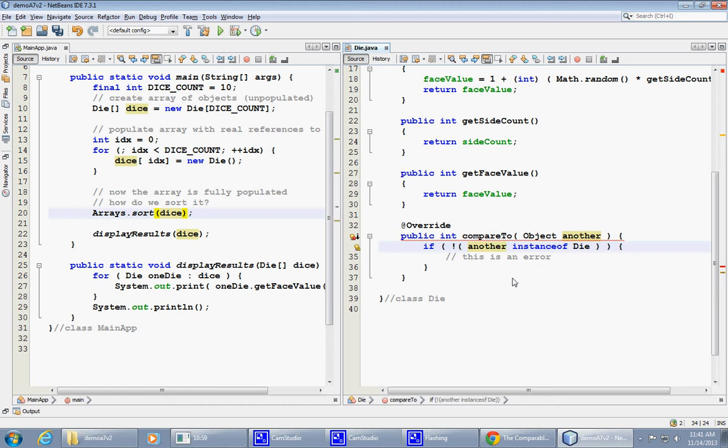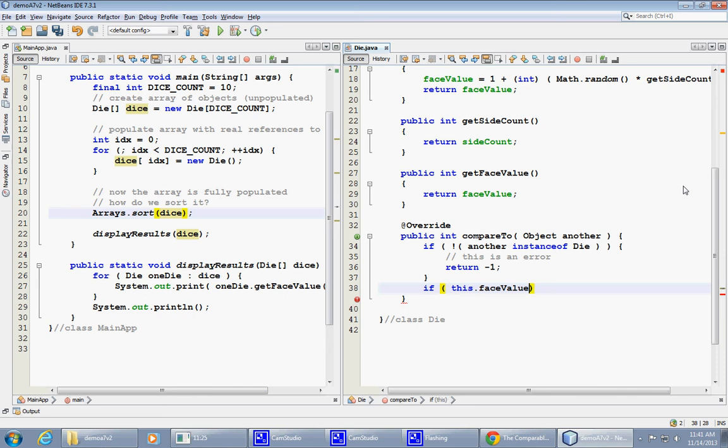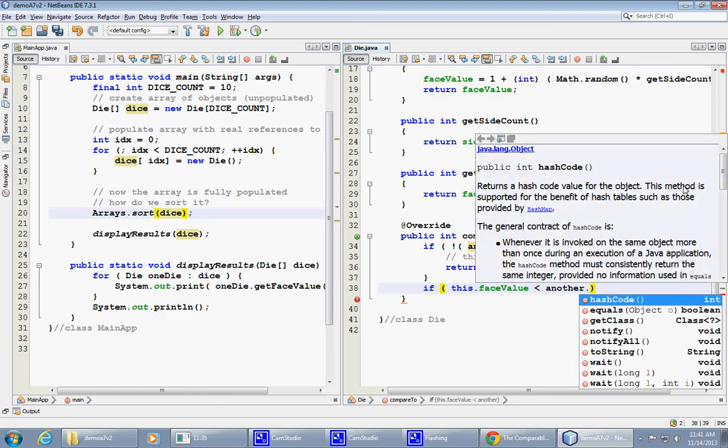Okay. Next thing that I'm going to do, so here I will simply just return, for now I will ignore it and return, I don't know, -1. So the next thing that I'm going to say is that if this face value is less than another object's face value,